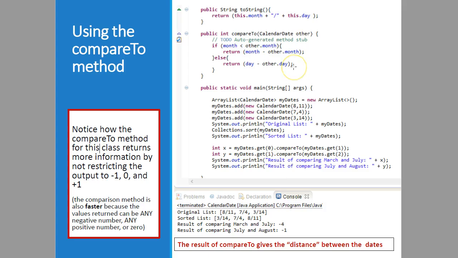So here's a code example, again using the CalendarDate. Unfortunately, the class definition is not included here. That's where it would say implements Comparable CalendarDate. But here it shows the implementation of compareTo for CalendarDate. Apparently there's a month field, so it checks whether the month is less, and if so, it returns a negative number. Otherwise, it's going to return